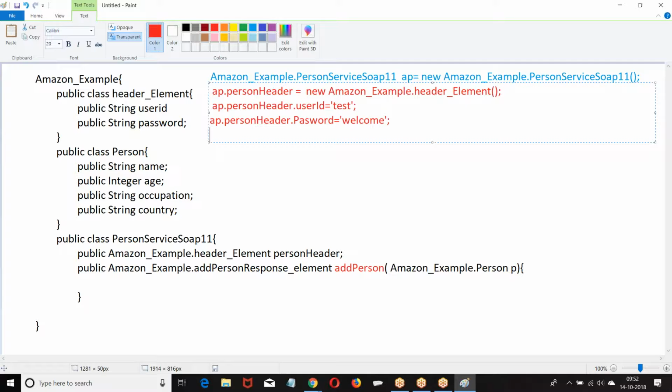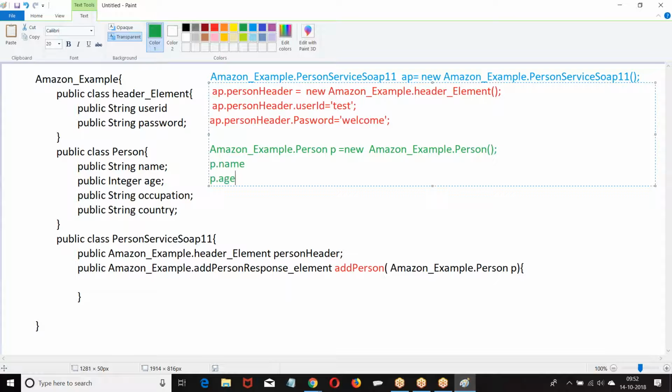Then we have passed our username and password as a header element. Then what do we want to do? I want to call add person. If you want to call add person, what do I require? I require an object, for example, equal to new, with p.name, p.age, p.occupation, whatever data you want to give it.